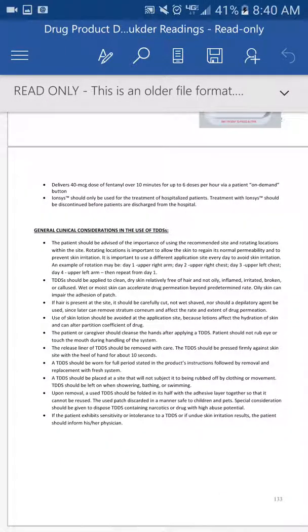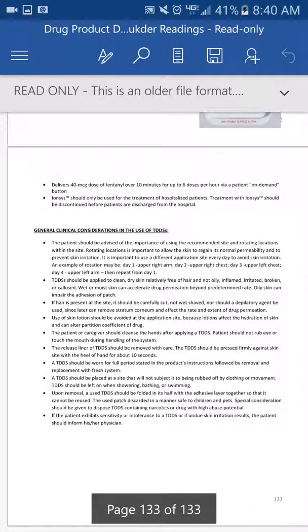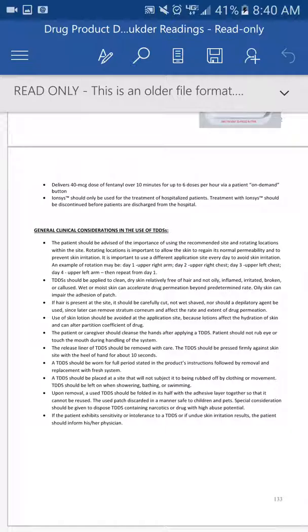Patients should be advised on the importance of using the recommended site and rotating locations within the site. Rotating locations is important to allow the skin to regain control of normal permeability and to prevent skin irritation. It's important to use a different application site every day. An example of rotation may be upper right chest,